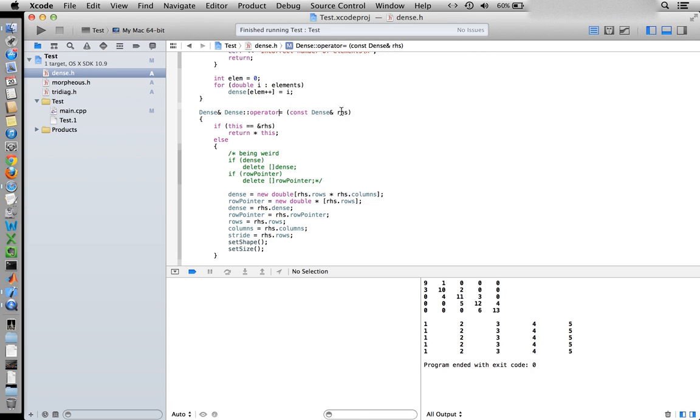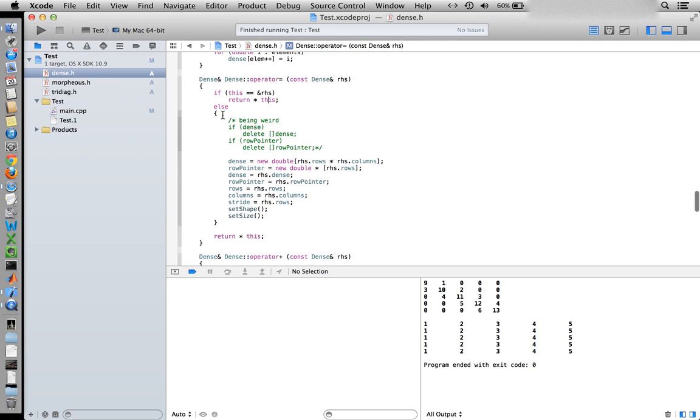So that's pretty much what we're passing in, and we can see here it needs an object of type dense to be passed in on the right hand side of the assignment operator to be compared to whatever's on the left hand side, or the object that we're actually calling this assignment operator on. And the first thing this does, for example for this assignment operator, is compare the two, and if they're the same, it's just going to return the exact same method that you called it on. However, if they're different,